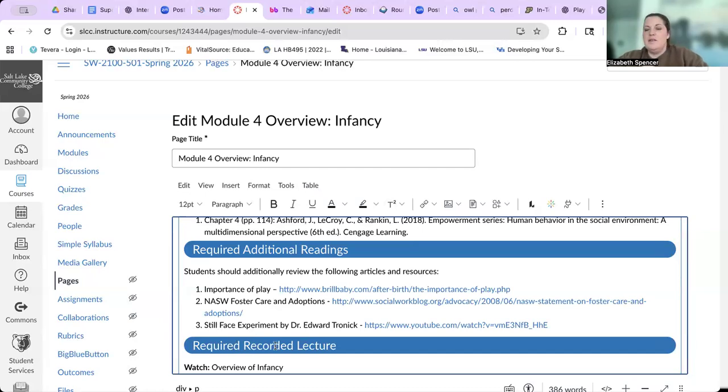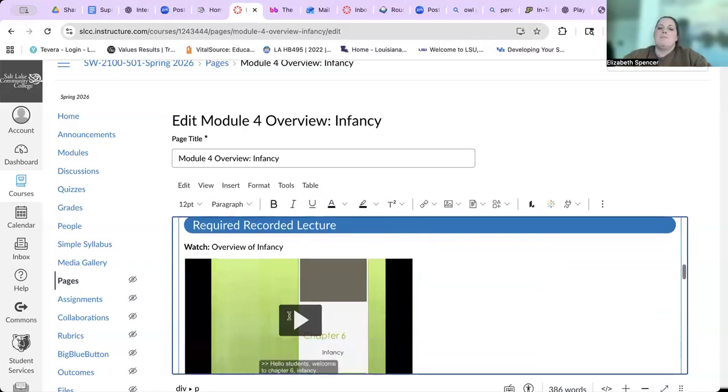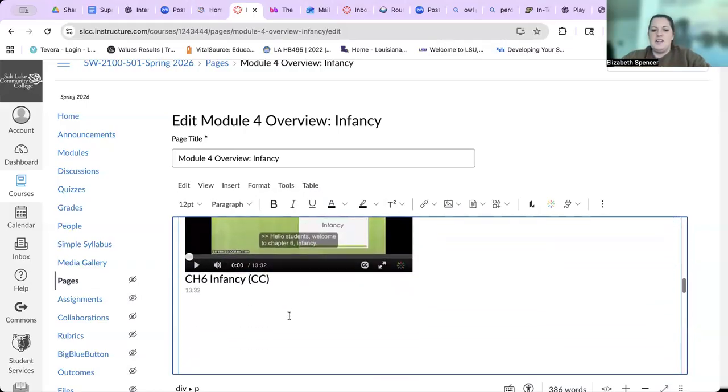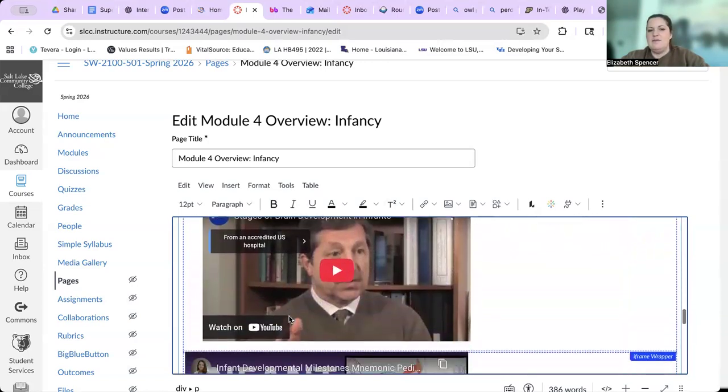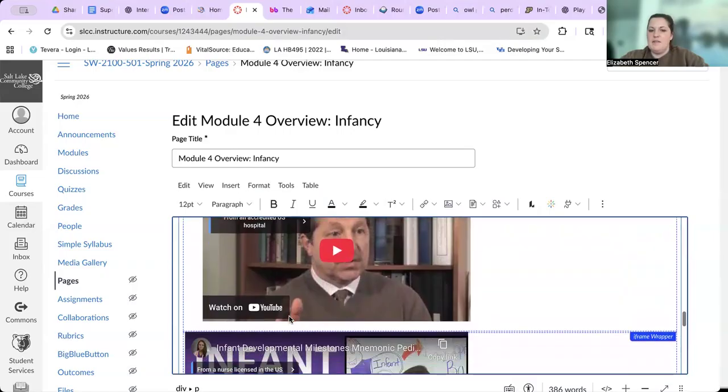Part of the assignment for the discussion this week is to explore and explain how play helps develop babies physically and emotionally, and what we can do to support parents to create more of those interactive and play moments for babies. You have your recorded lecture, which is only about 13 minutes long, and then there's a couple of videos centered around infants and development.